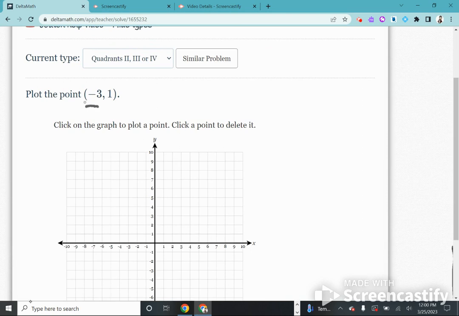Okay, so I know I'm going to the left 3. And because my 1's positive, I know I'm going up. So I would count off from my 0. This is where we start every time in the middle, right? I'd go 1, 2, 3, over, and 1 up. So my point would land,